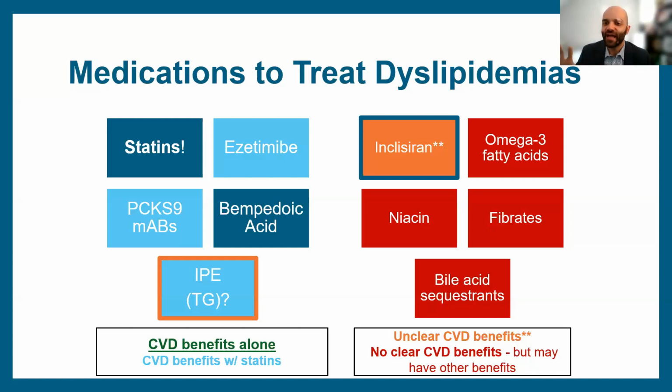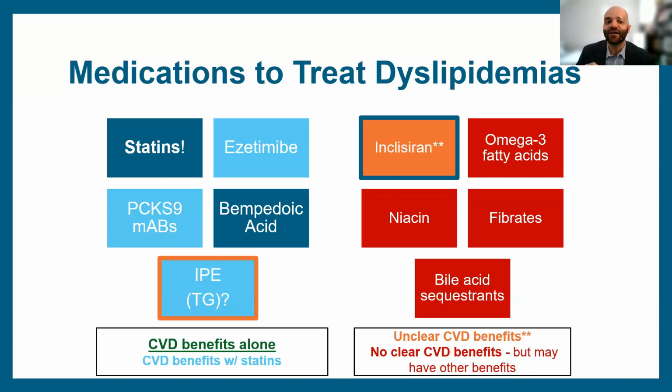We're in an interesting landscape where we have a lot of meds. Some may not always have actual data supporting their cardiovascular benefit. Things like niacin, fibrates, bile acid suppressants. We don't really have that benefit. They may change some lipid panels, but when assessed for cardiovascular mortality, we do not see any changes. Inclisiran has kind of been one that we likely assume is going to have it. This is an injectable. We'll talk a little bit more about that, but we don't have the data yet. It's coming in a little bit.